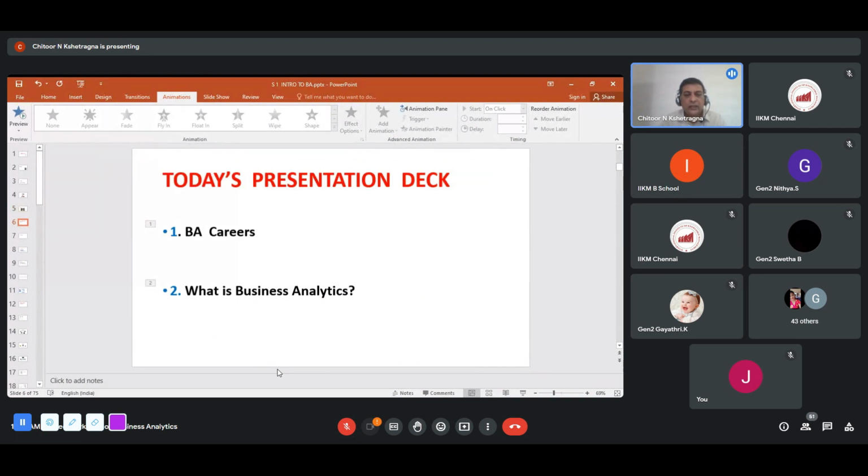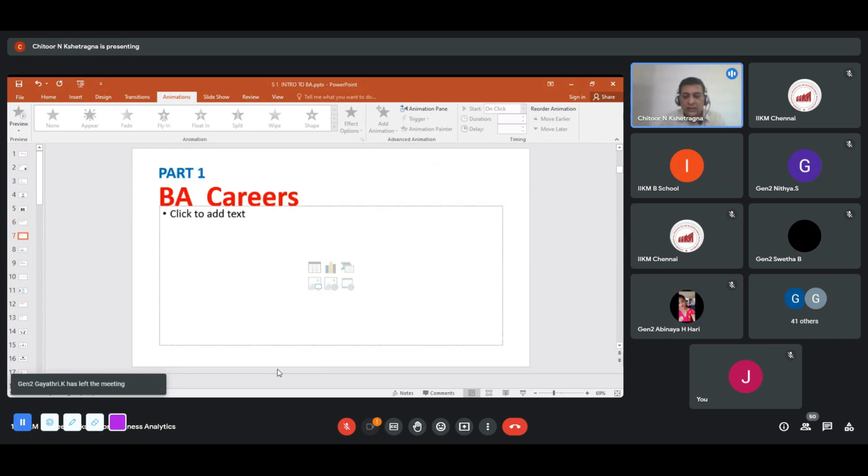So in today's presentation deck, first and foremost, I'm going to talk about jobs, salaries, the number of jobs available, and which companies in Chennai are focusing on business analytics. And there are lots of companies in Bangalore. If somebody's interested in business analytics, there are hundreds and hundreds of jobs in Bangalore. Chennai also has a good measure of jobs. That's the first part. The second part is I'm going to touch base on what business analytics is. And with that, we'll also do a very simple case study of Walmart and TCS so that your understanding goes up. Let's start with BA careers.